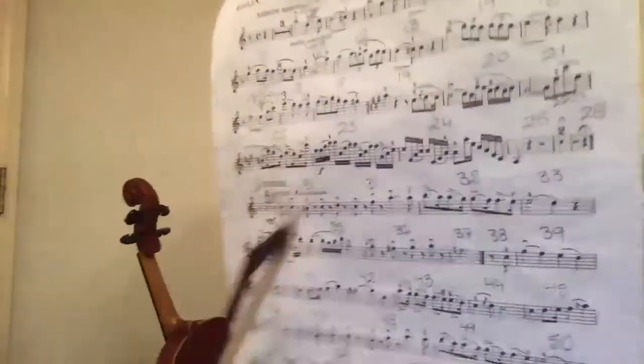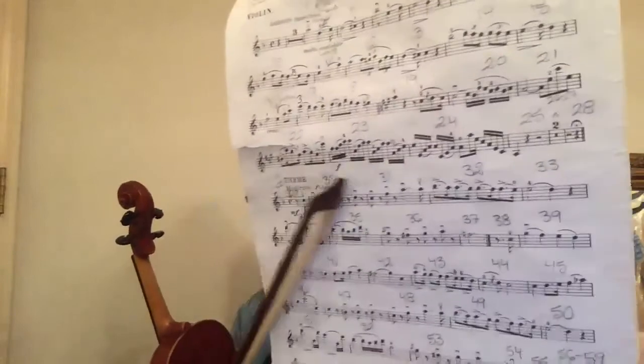We go 1E and a 2E and a 3E and a 4E and a 5, no, not 5. 1E and a 2E and a 3E and a 4E and a, 1, 2E and a 3E, 4 and a 5, because these are actually 8th notes, or excuse me, 16th notes if you actually look at it right here. These are 16th notes. And if the 16th notes were the actual beats per measure, thank God it's not, it's